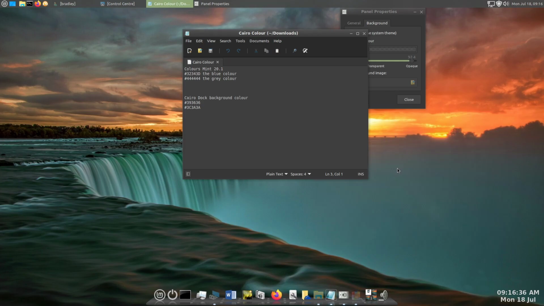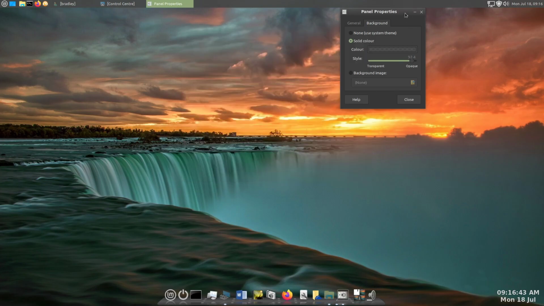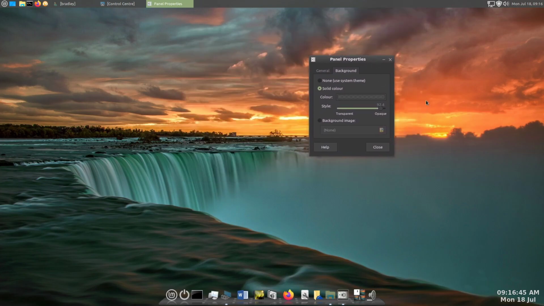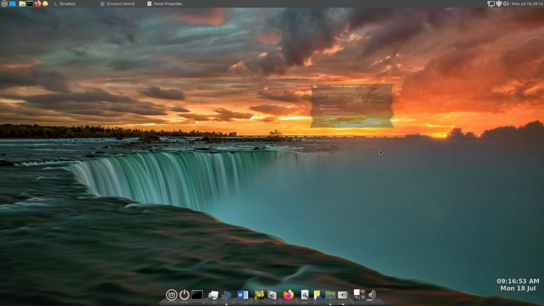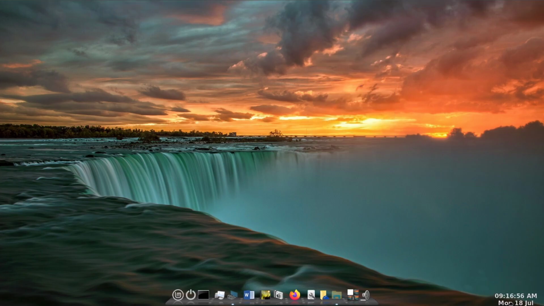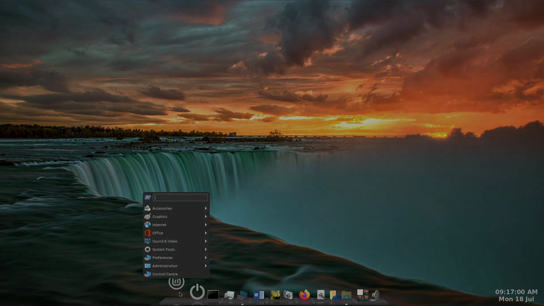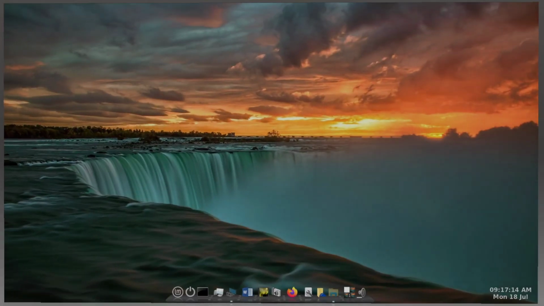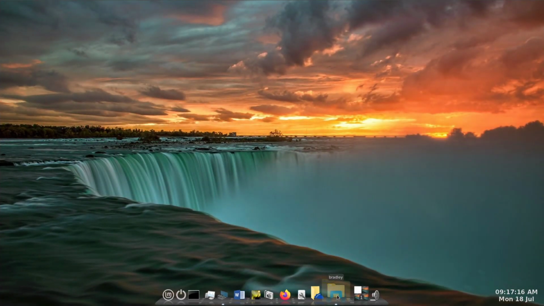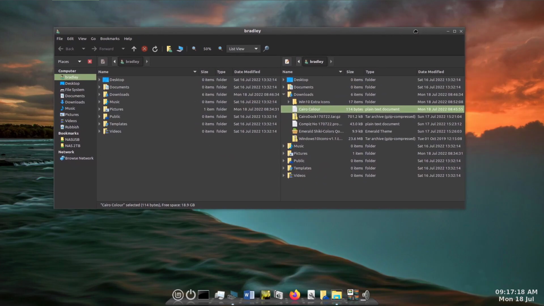I think we've successfully changed all that the way we want it. The only other thing I normally do is I make that panel auto hide. I pretty much just run off Cairo Dock. I've got a menu there if I need it. There you have it. In a few minutes I've got Cairo Dock, got my Emerald theming working,